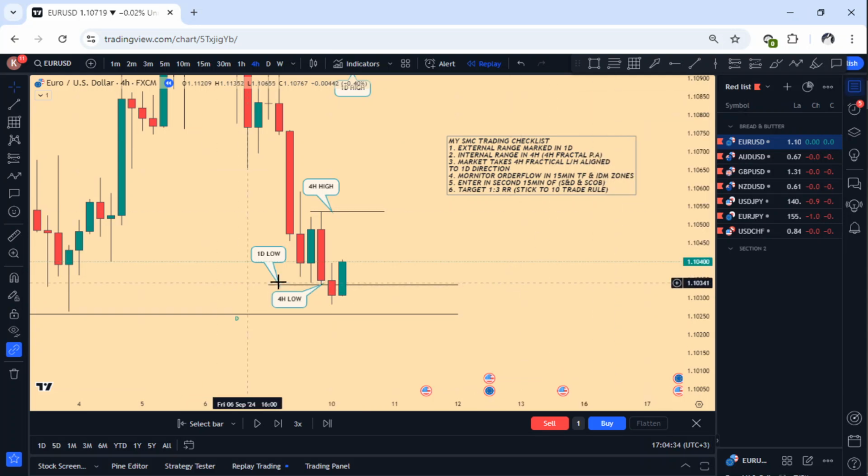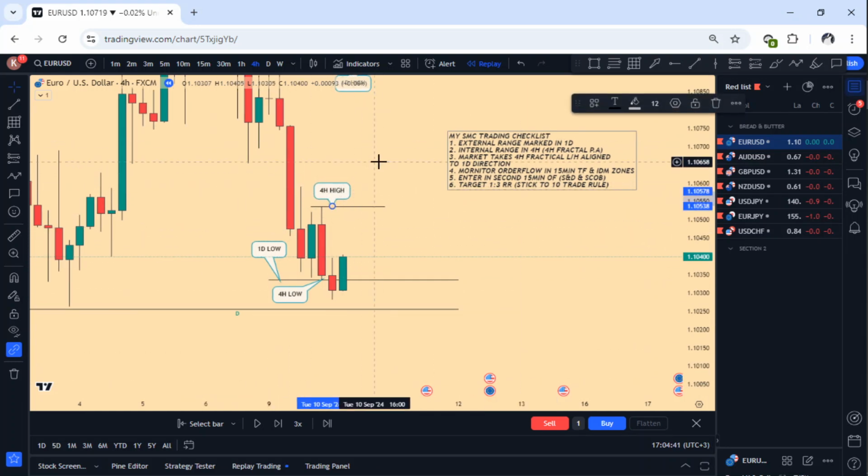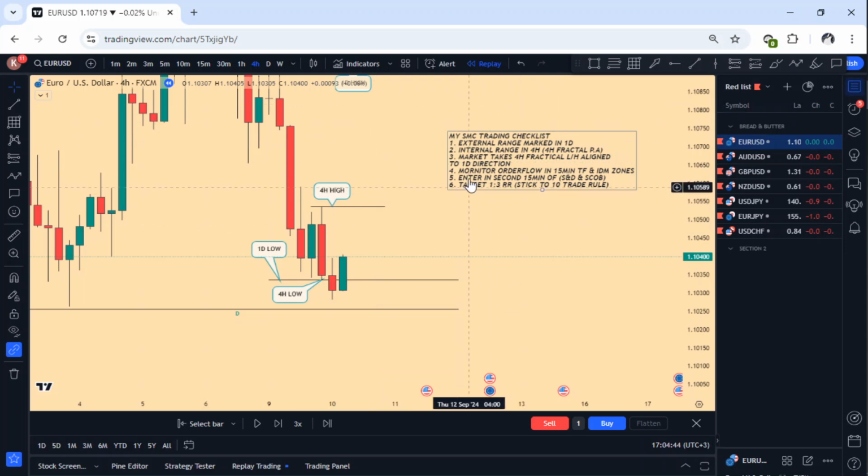4 hours low has already been taken, so we are ready to sell. That means that this is just a pullback and then a drop. Now if this is taken, we are buying, and that means we are wrong. So marked 4 hours